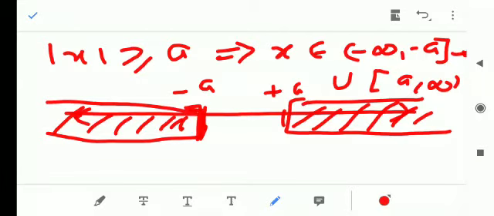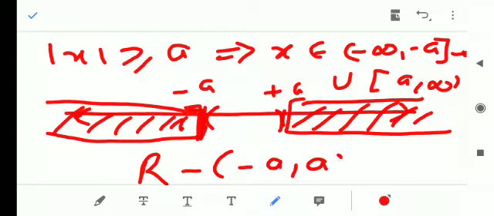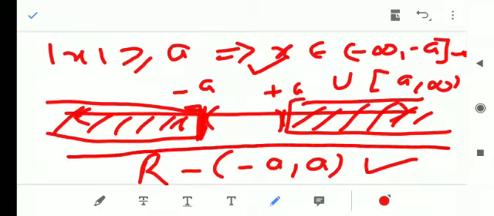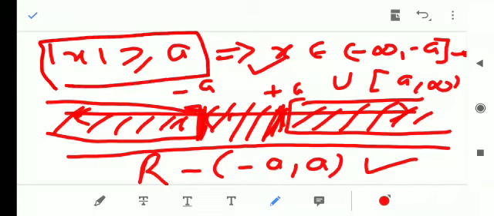If you wish to see it from another angle, we can write it in this way also. In the set of real numbers, if we subtract minus a to plus a, pay heed that minus a and plus a are not included here. This expression and the expression given above represent the same thing, because if from the whole real line we remove this length, then we get the same thing as we expressed earlier.